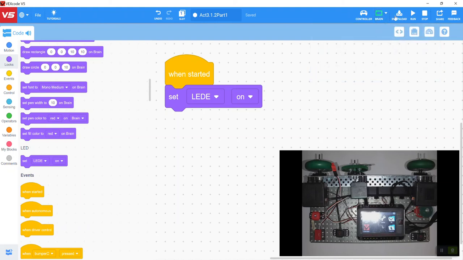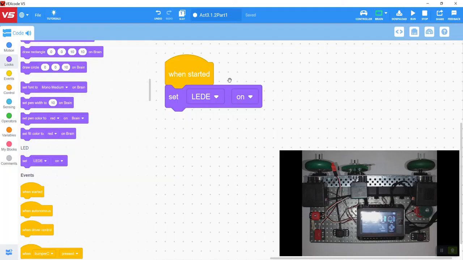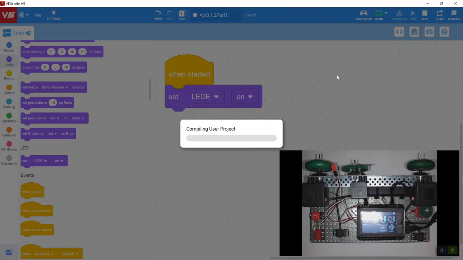Up here, I'm also going to click on download. When I go to download, you'll notice by default it is set to slot 1. If I want to keep multiple programs and save to various slots, I can select a new slot, and there are 8 available slots in the brain's memory to hold a program. Here you'll notice it'll say saving and saved. It does have an autosave feature, much like Google Docs or Google Sheets. Now I'm going to hit download. It'll compile,